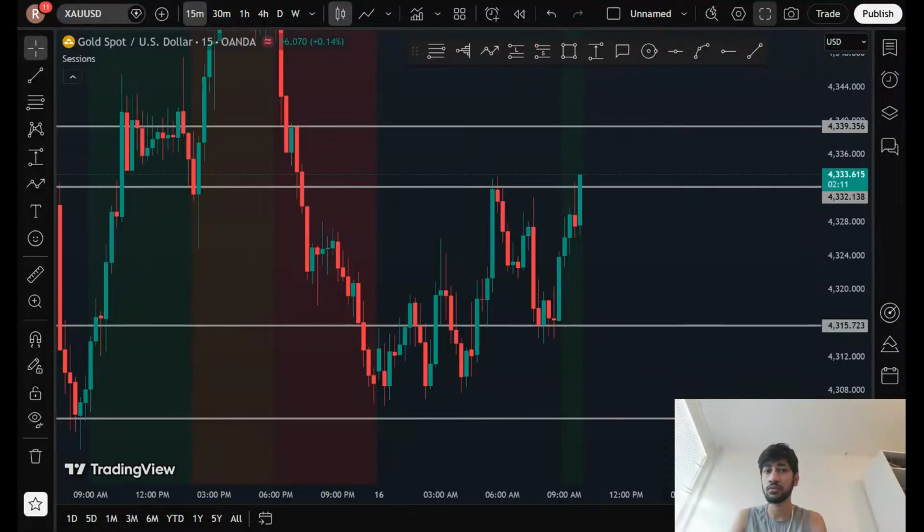And the third thing we do is we identify zones and ranges, like support and resistance, where the market has respected before. Basically I do that on the 15-minute time frame. The lowest time frame that I will look at is 15 minute. After that,